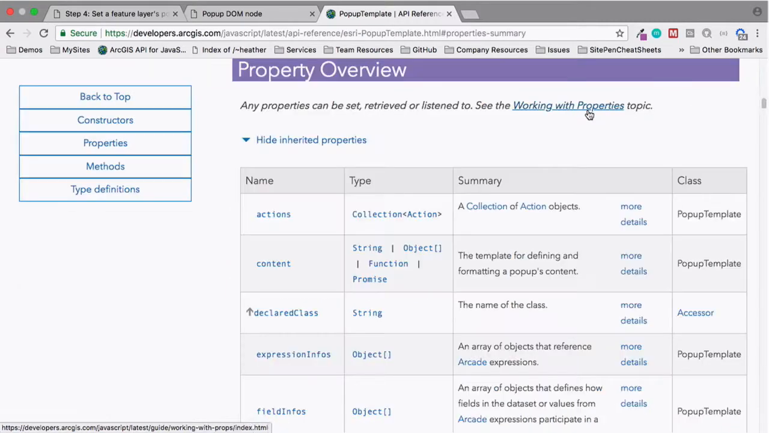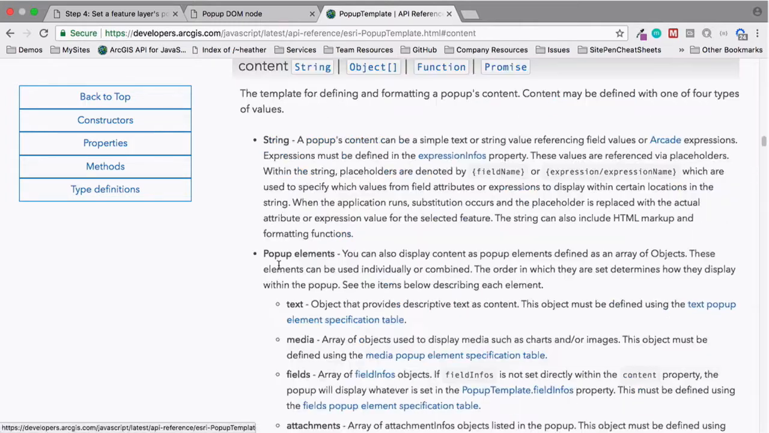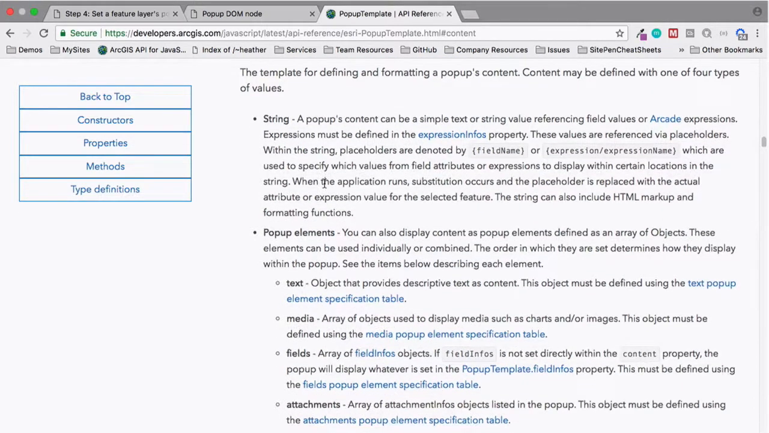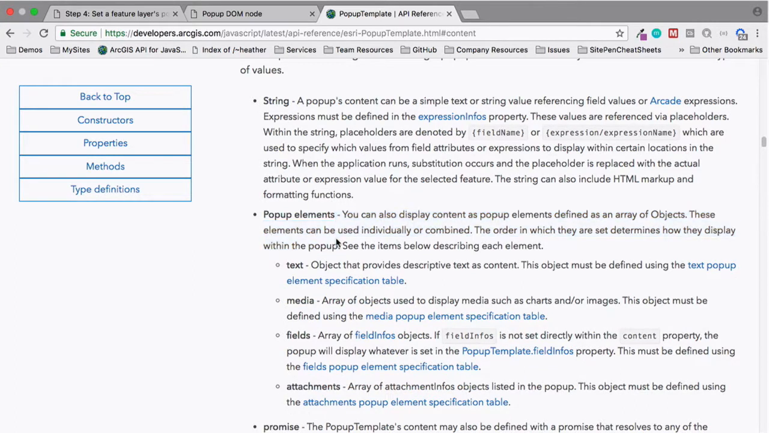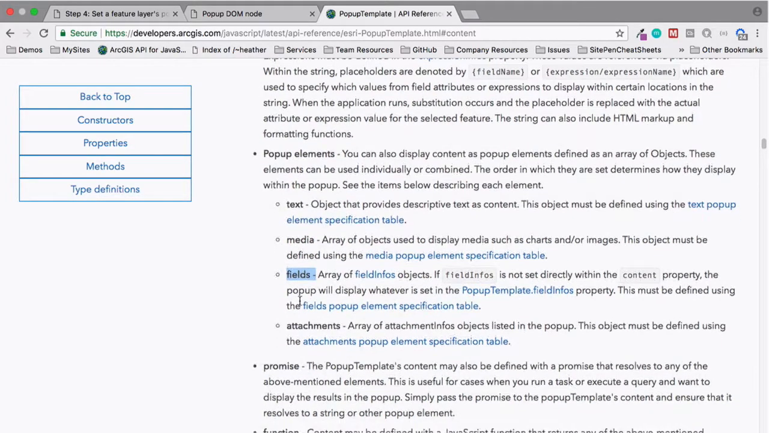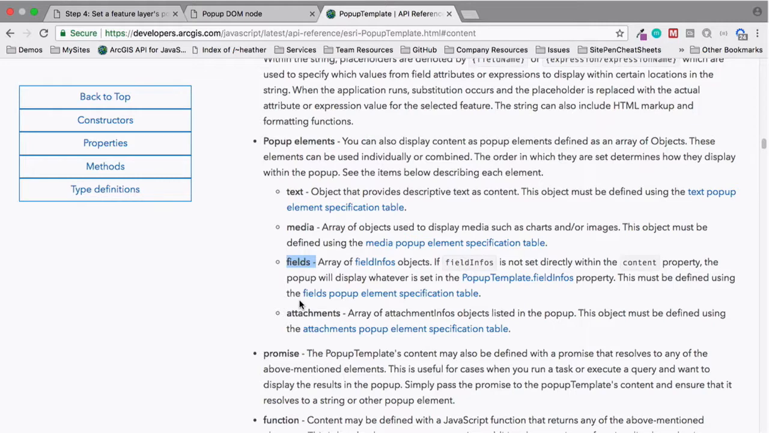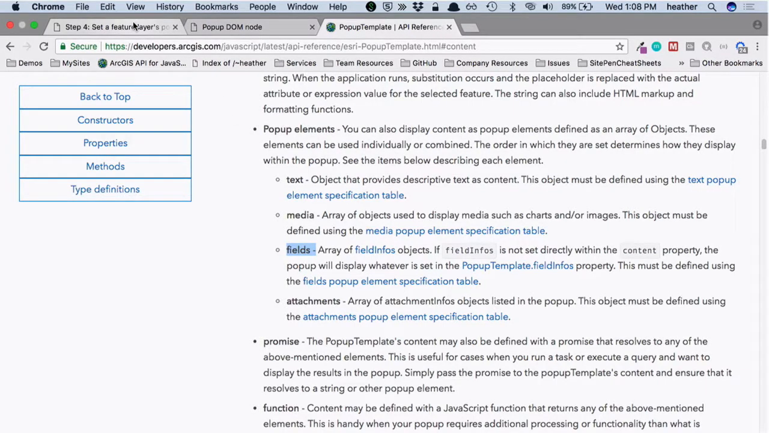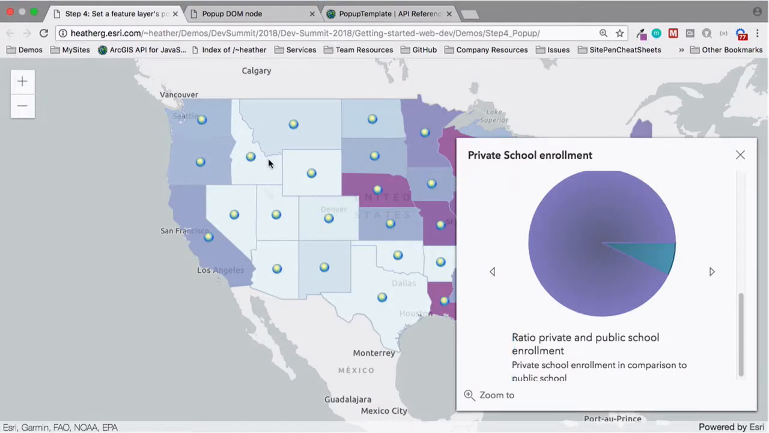If we go into the properties and take a look at the content, you can see there are quite a few different types that we can pass in. What I just showed you in that example was various pop-up element objects. I used a media type and a fields type. And I'll show you a little later how you can also pass in a DOM node. So if we go ahead and take a look at the code behind this,